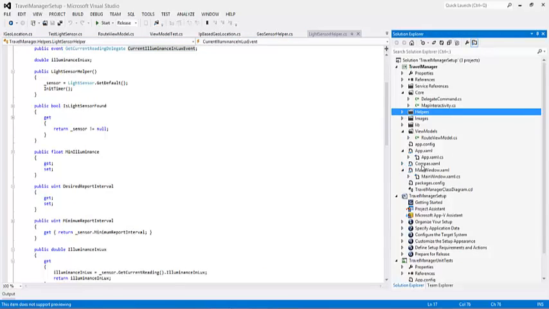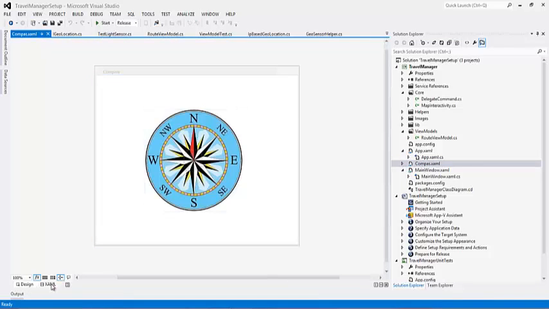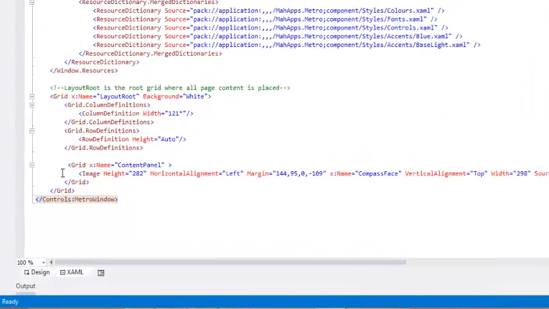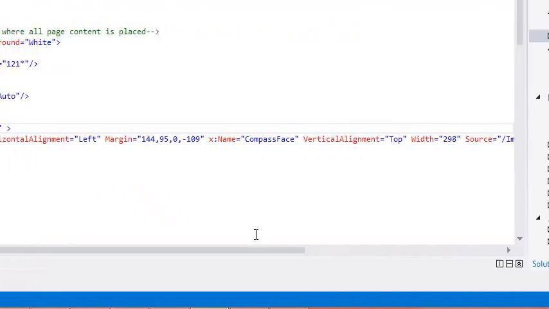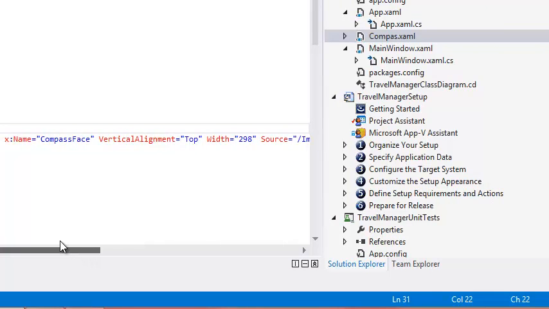I will quickly show you the show compass they have been done. So some of the resource dictionary. So we need this information. The image, I'm using the compass image. You can see the compass. It's a static image. What we're doing is